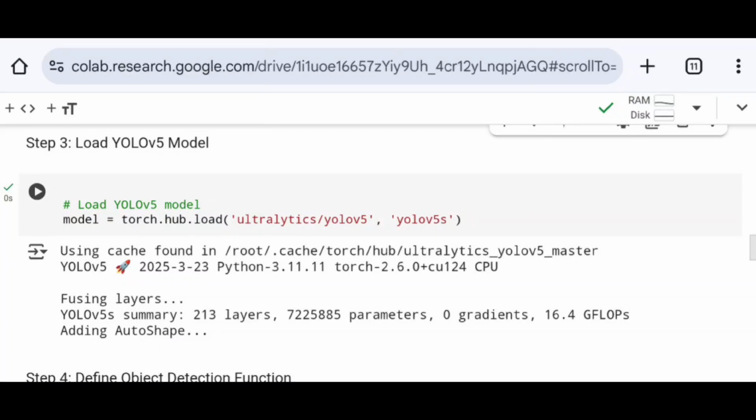Now quickly I move on to the next step, where we load the pre-trained model, that is YOLOv5. First I define a variable called model, then with the usage of the torch.hub.load function, I pass ultralytics/YOLOv5, YOLOv5s. Here torch.hub is a PyTorch utility that allows users to load models, datasets and other resources directly from GitHub